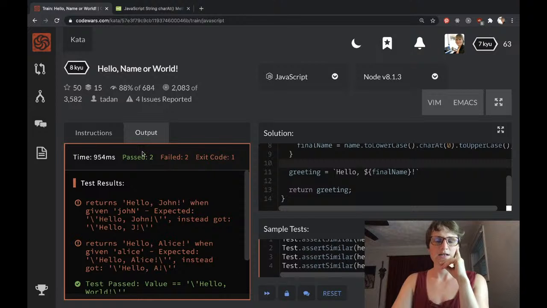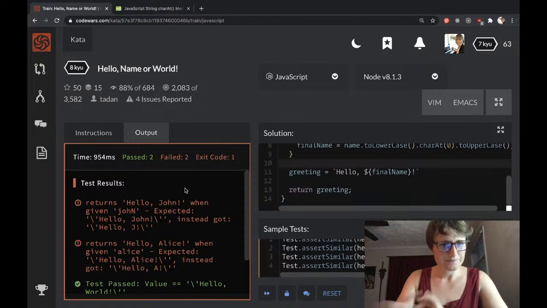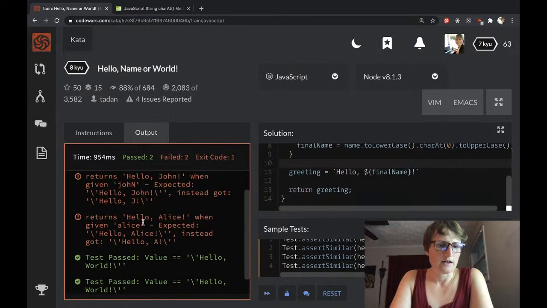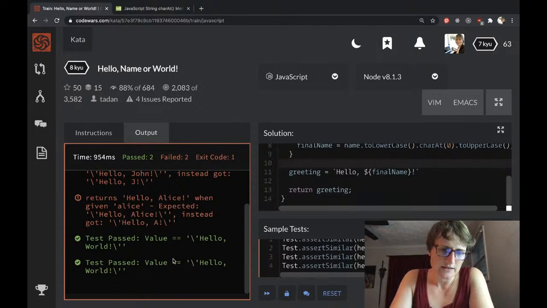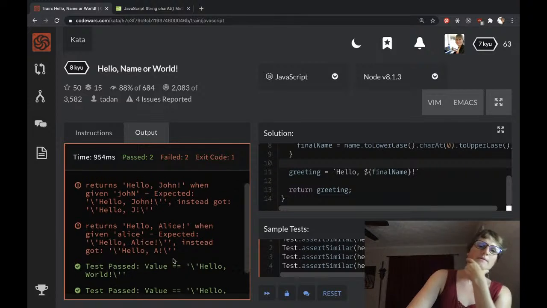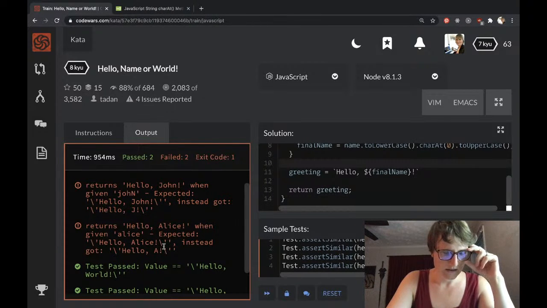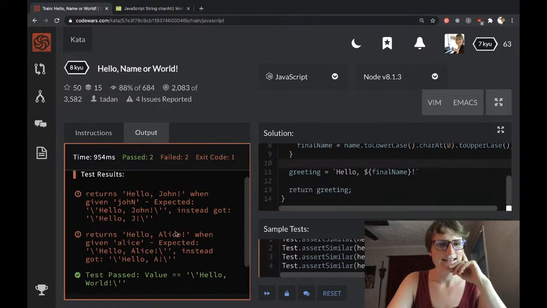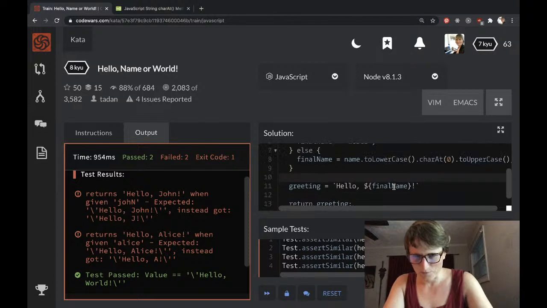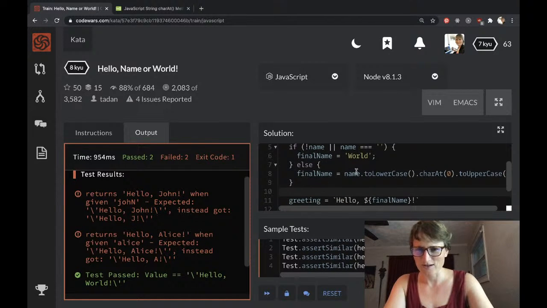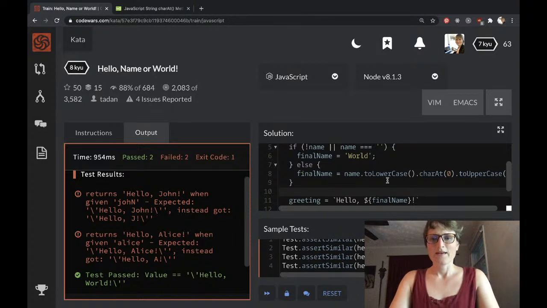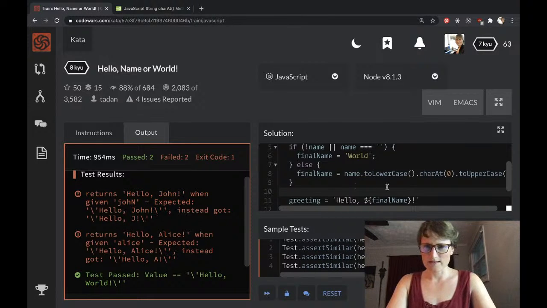Uh-oh, I passed two and failed two. So let's see what happened here. What did I fail? So I passed the hello world ones. Okay, so that's good. But when given Alice, oh, look at that. All I got was the capital letter back. I wondered if I was going to run into trouble by just trying to string all these things together here. Okay, so what I want is